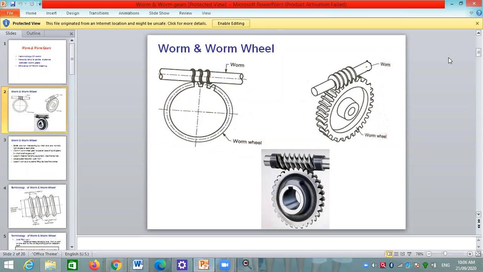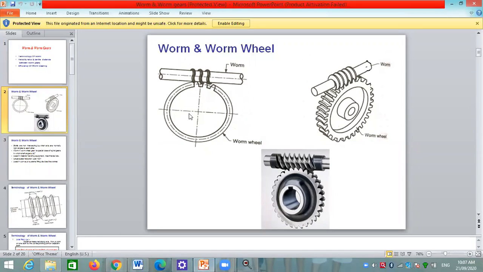Operation of the worm and worm wheel is smooth and quiet. Then what are the disadvantages of the worm and worm wheel? The first disadvantage of the worm and worm wheel is that efficiency is low. The efficiency of the worm wheel is low